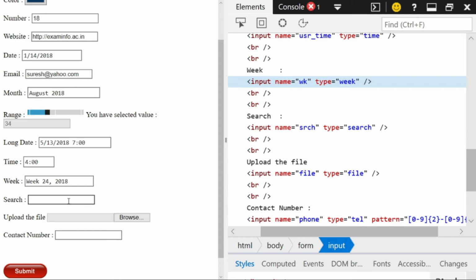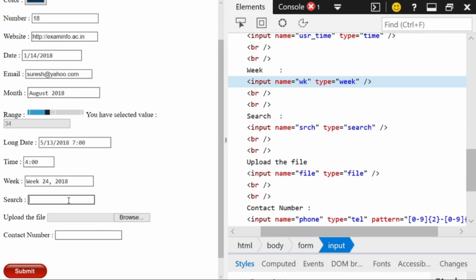The next is the search option. If you have seen any of the web forms, then you must have seen that there's a search field in which you can type whatever you want to search from that particular web page.